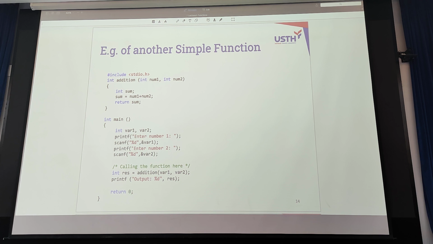This function is addition. There are number one and number two.